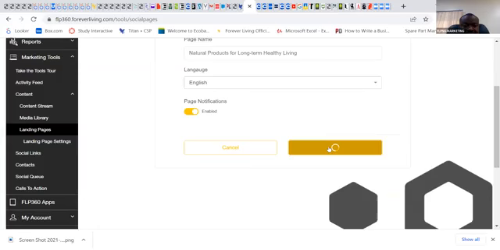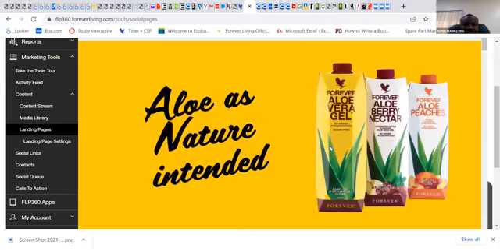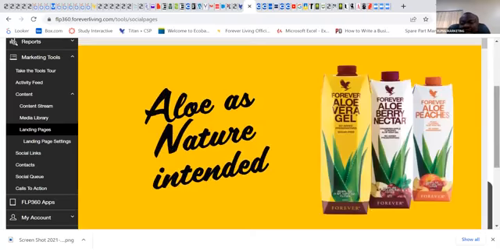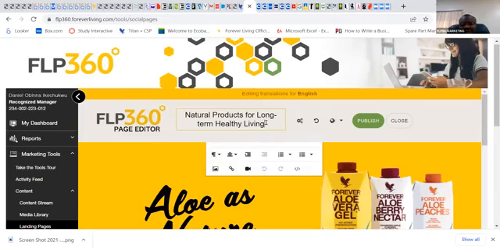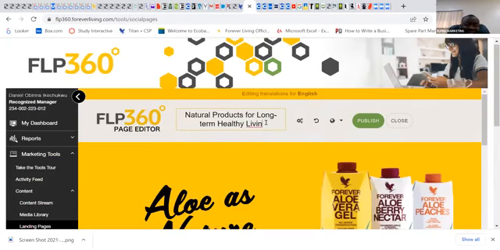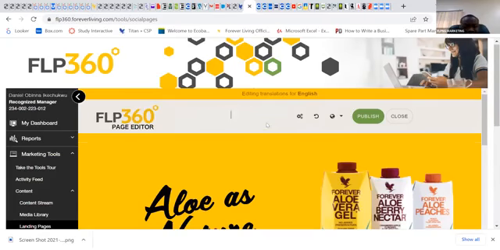So once you're done with this, it will open up the main page for us to edit so that we can see, okay, we have this page now to work with. You can see what we just put, natural products for long-term healthy living. Okay, this is not what I want. It's looking, what is natural products for long-term healthy living? I will say,